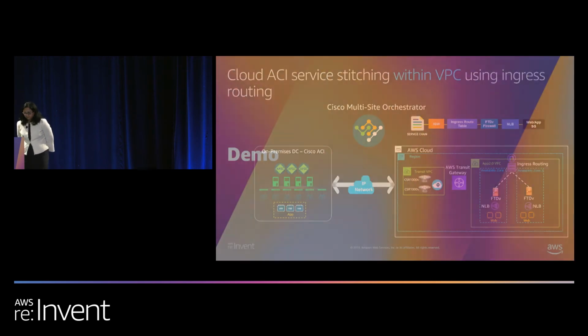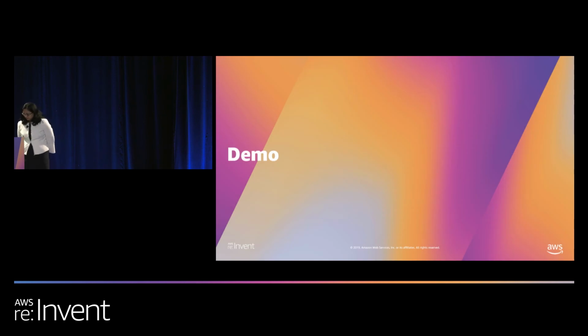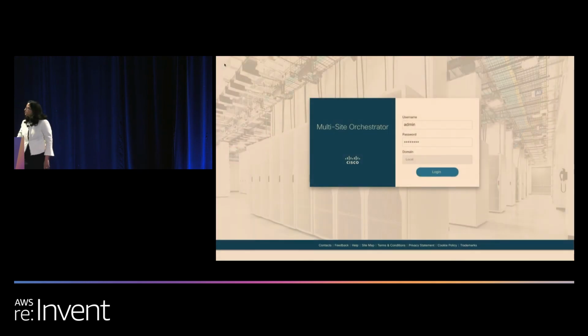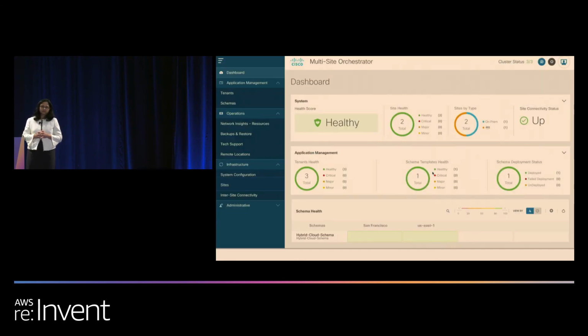Now let me talk to you about how we can take this journey to an end-to-end hybrid cloud, because that is something top of our minds, we want to see how smooth it will become in that case. So let me give you a complete end-to-end walk. This is the Multi-Site Orchestrator that we have been shipping for quite a few years now. And the goal of the Multi-Site Orchestrator, as Myri talked about, is to become a universal policy orchestrator.